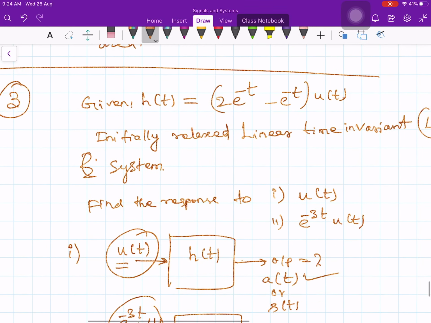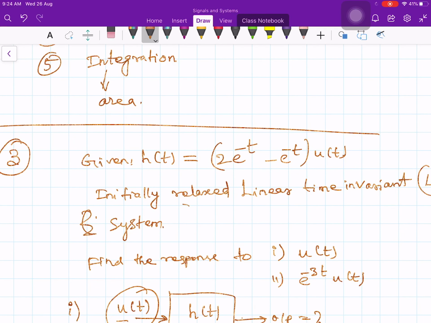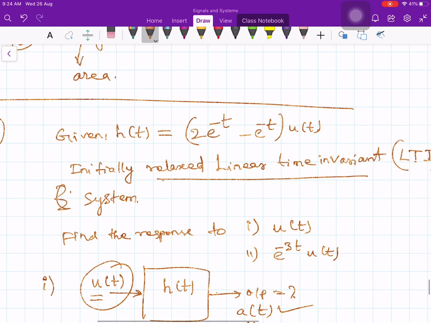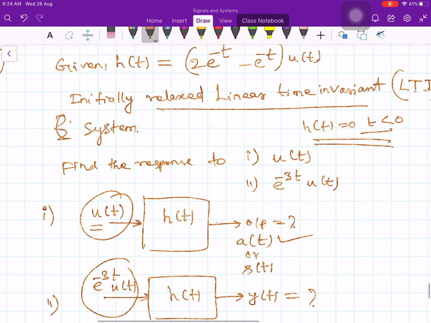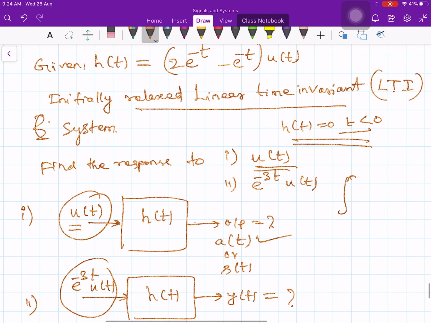Now look at the question carefully. They said initially relaxed time invariant system. What do we mean by that? There is no initial condition. That means this is a causal system. h of t is equal to 0 for t less than 0. Before you apply the input, there is no output. Okay, that's what we mean. So if h of t is equal to 0 for t less than 0, then because of this causality and the signal also being a causal signal, because of these two things, if you recall from your previous lecture, if the system is causal and the signal is causal, then the limit is from 0 to infinity